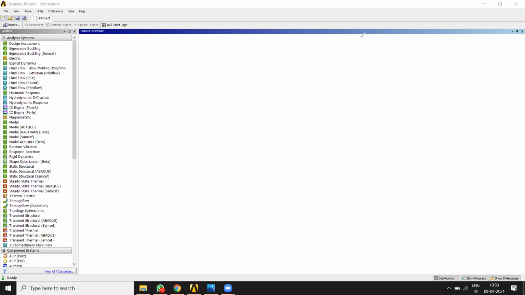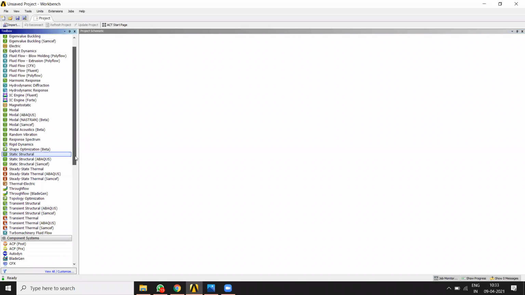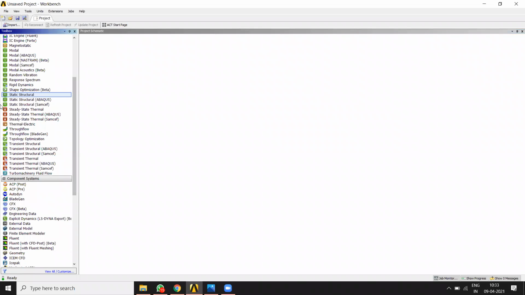So we will begin with our problem. Our problem is of the static structural kind. So let's launch this project of static structural. There are two ways: either you can double click on static structural, or you can just pick static structural and drop it into the project schematic.